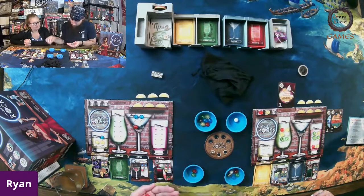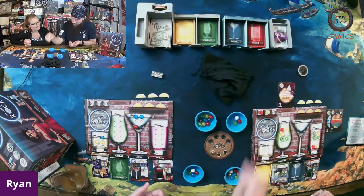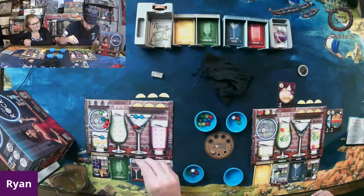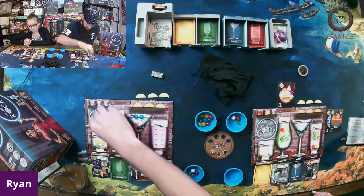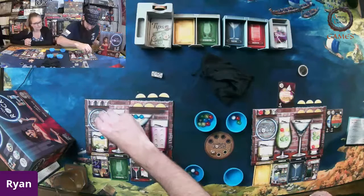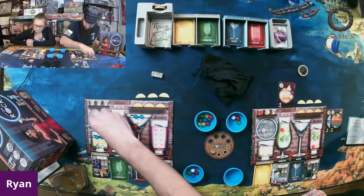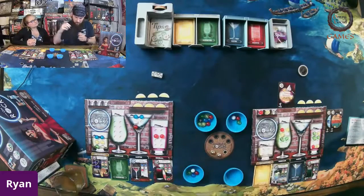Okay. Need any more? I do need more green. Red. All right. So first I'm going to fill out this drink. Oh, use that because it's a rainbow. My 2 reds, sorry. And then my premium die goes on there. I'm going to pick 2, so I'm going to pick